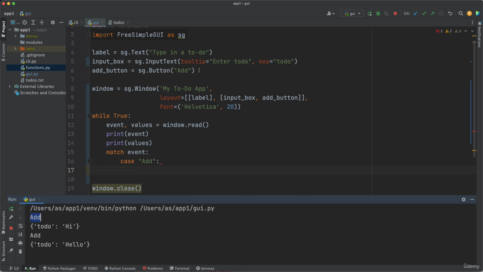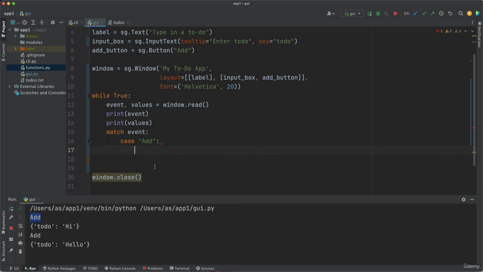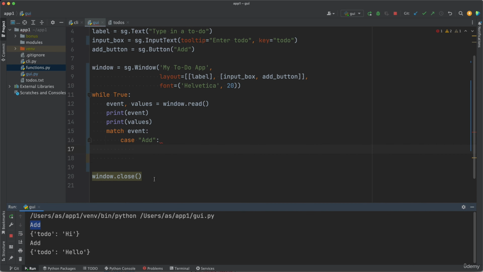So we might have an edit event and a complete button. We might have a complete event. Therefore, we're going to have match event. In case it is an add event, do something. In case it is an edit event, do something else, and so on. So if it is an add event,